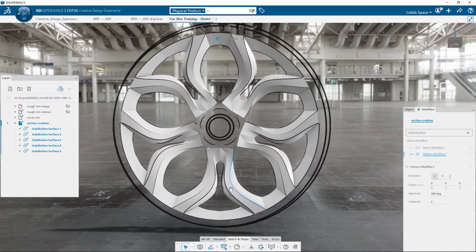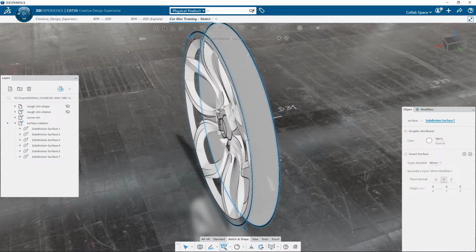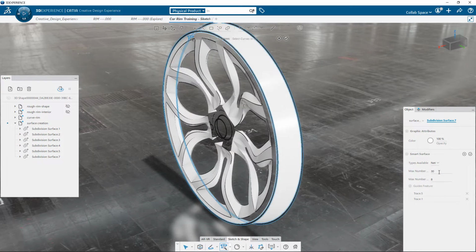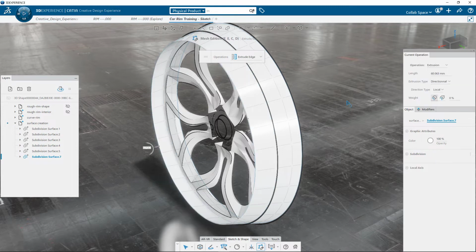Then I want to fill the exterior shape of the rim, again with the Shape from Curve functionality. To do that, I select both exterior circle primitives. When the net surface is created, I will use the Mesh Edition command from the action bar. Here, I use the Extrude Edge operation in the drop-down menu with the Edge Selection filter activated. I hit the Alt key to activate the edge loop propagation, select the complete edge loop and extrude it.